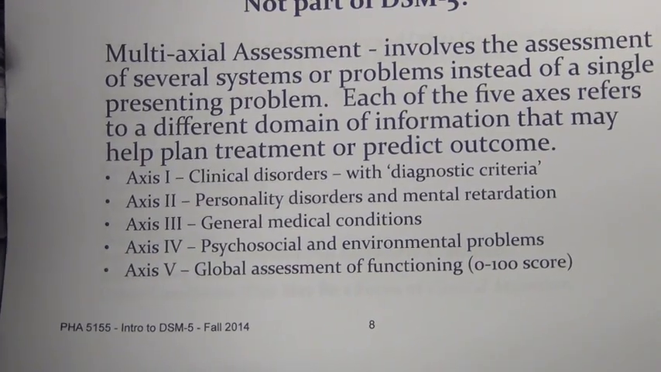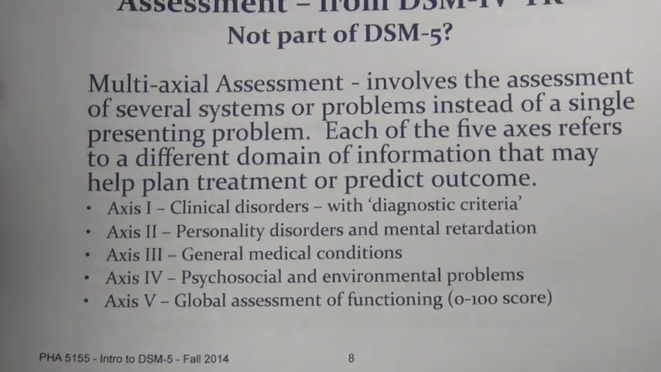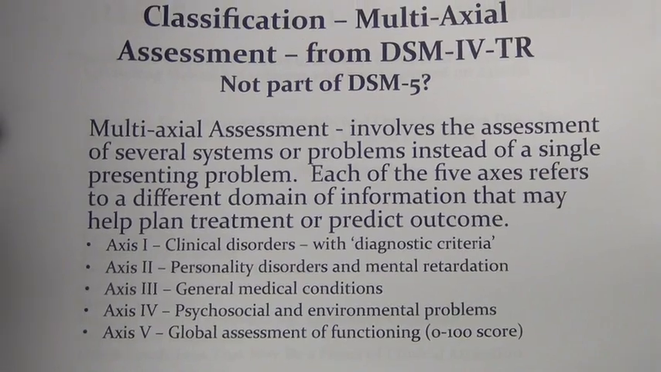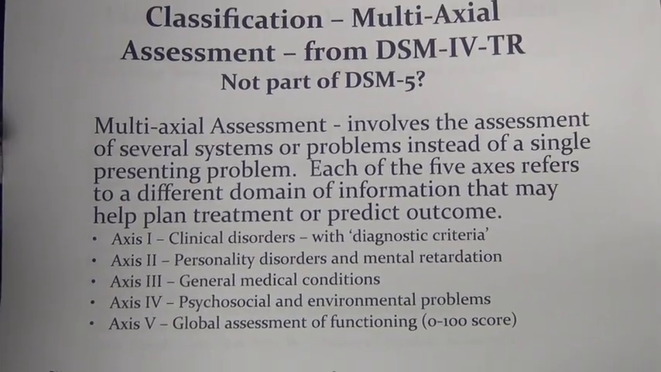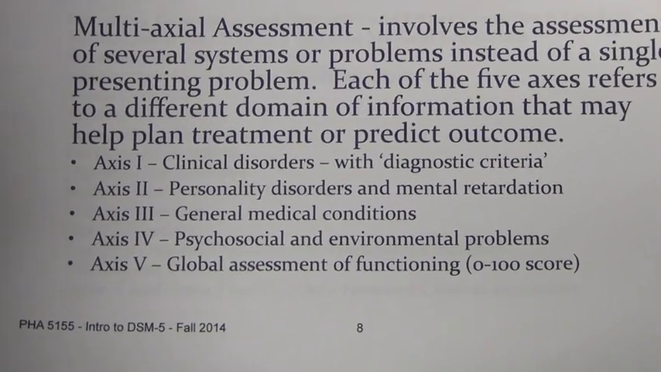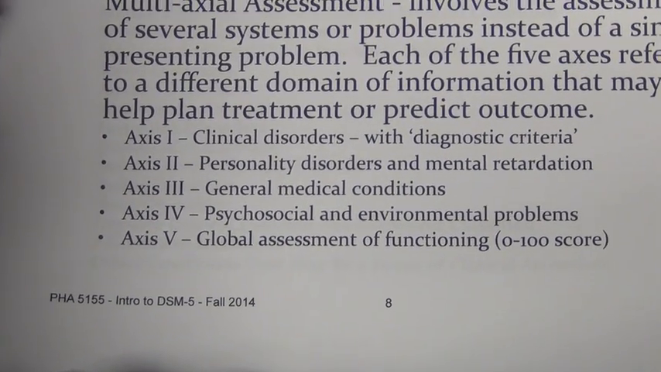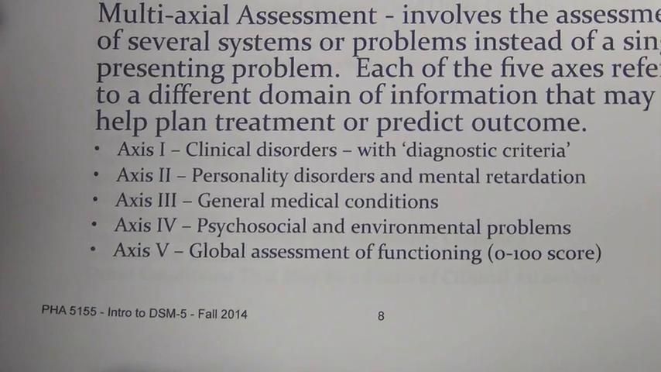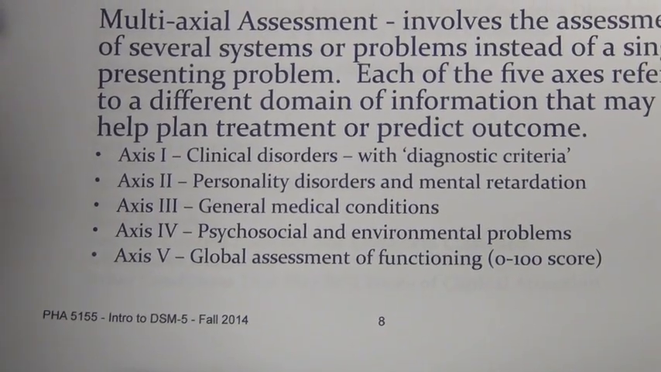Axis 4, psychosocial and environmental problems. Did the patient just lose their job? Did they just have a baby? Did they just get a divorce? Some of the psychosocial and environmental problems. And Axis 5 was kind of the global assessment. Give me a score from 0 to 100 and tell me how this patient is doing based upon all these